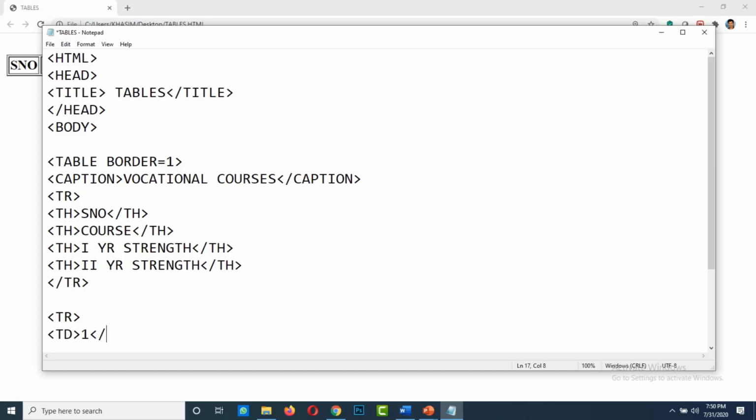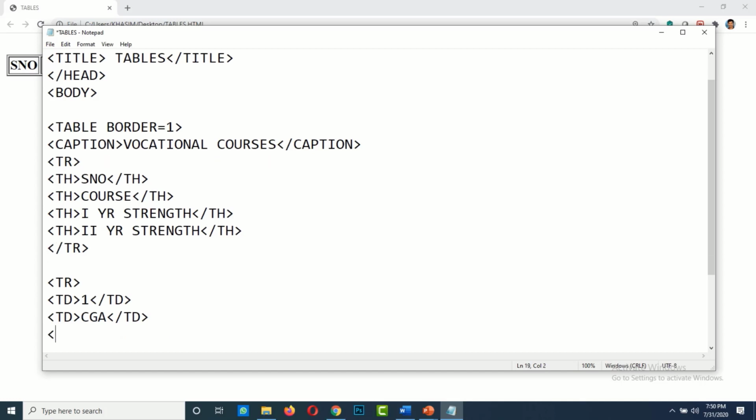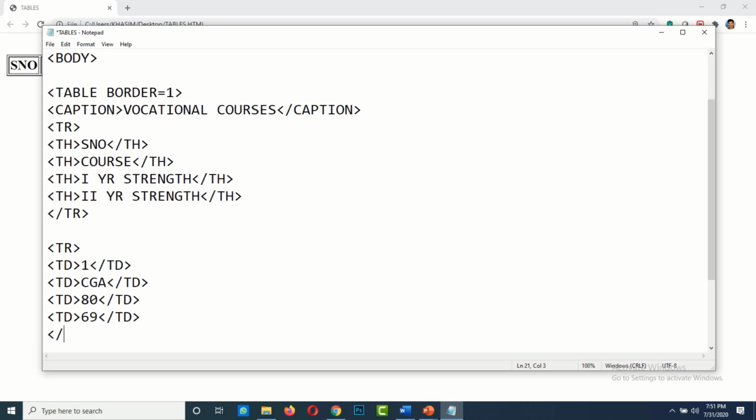Serial number 1, td, course CGA, first year strength, for example 80, second year strength 69, for example. Now after completion of your row, just close the tr tag. Now save this.